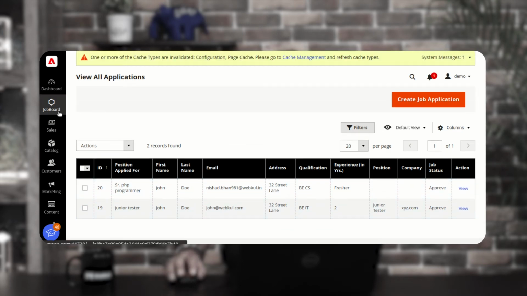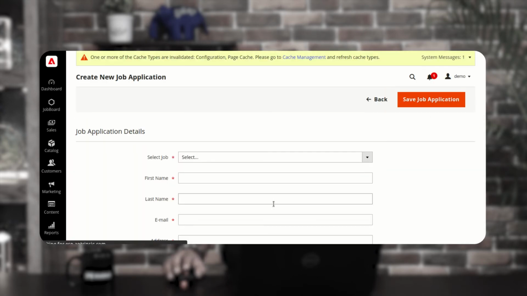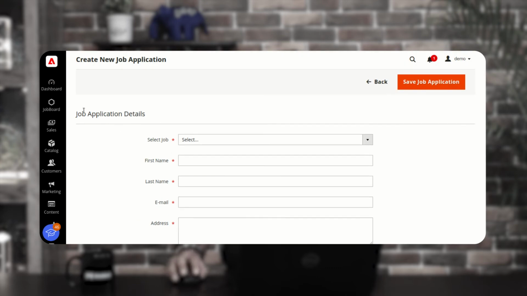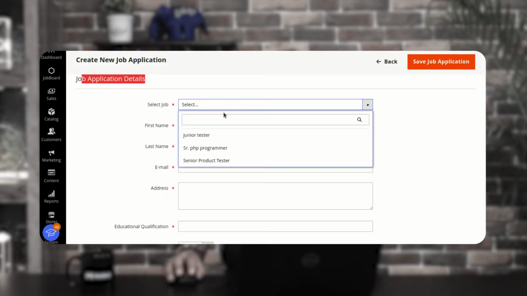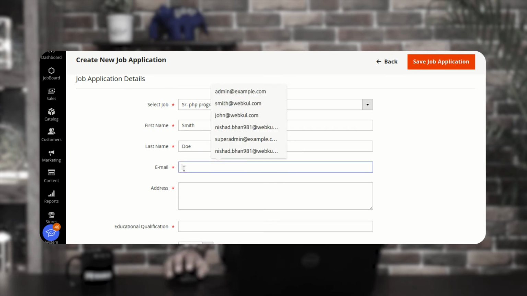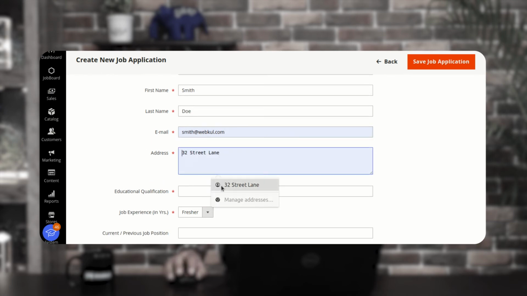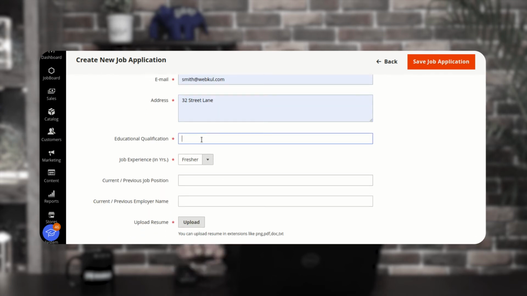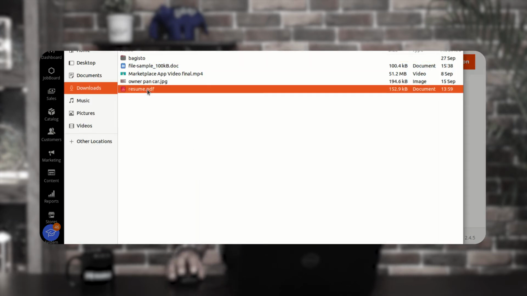And under the web application section here, the admin would be able to create the job application on behalf of the applicant as well. To do so, you have to tap here on the create job application button, and that will bring up this particular section, as you can see, where we can create the job application. And here you have to select the job, for example, senior PHP programmer, set up the name of the customer or the applicant there, for example, Smith Doe, his email address smith@webcool.com, his address, his educational qualifications, for example BEIT. Then you can upload a resume for the same,